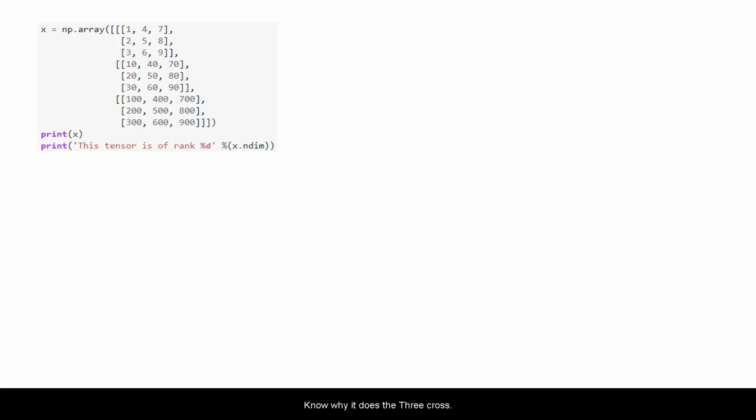Now why it is a 3 cross 3 cross 3 tensor is that here you could see you have 3 matrices. So this is my first matrix, the second one and the third matrix,